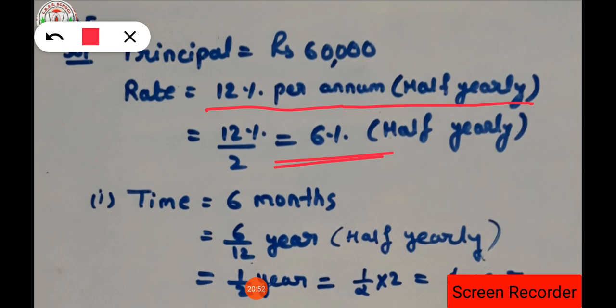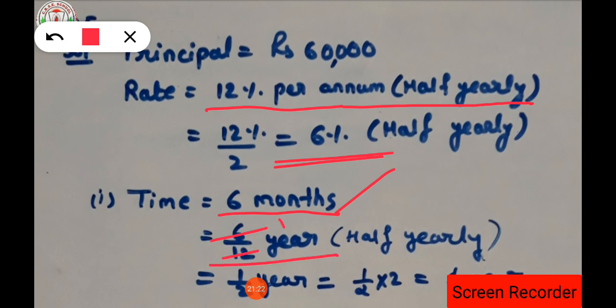Clear? Now, the first condition in the question is talking about months, isn't it? And we generally take time in the form of years, so we can't take it in the form of months. We always take the time in the form of a year. If the month is given, we have to convert this month into the form of year. So 1 year is equal to how many months? We have 12 months. So 6 will be divided by 12 to convert it into the form of a year.